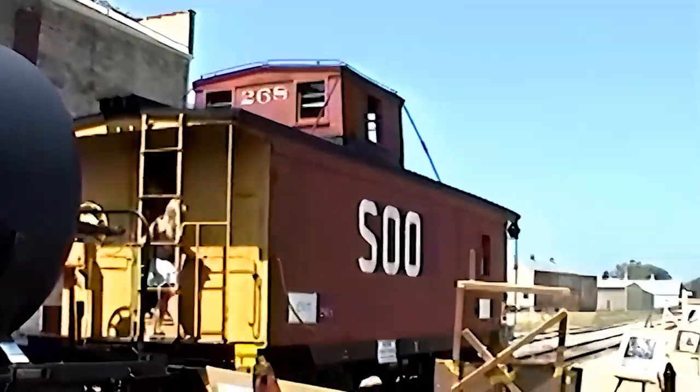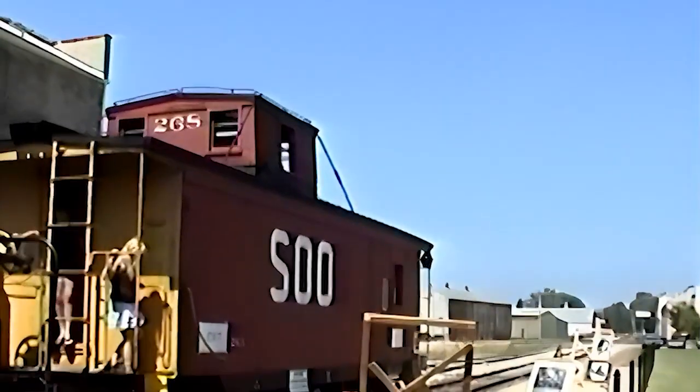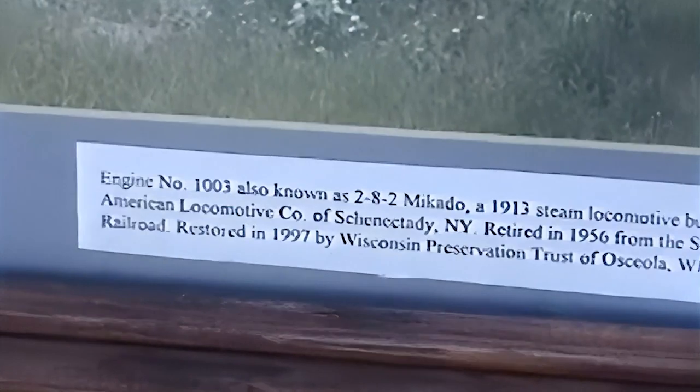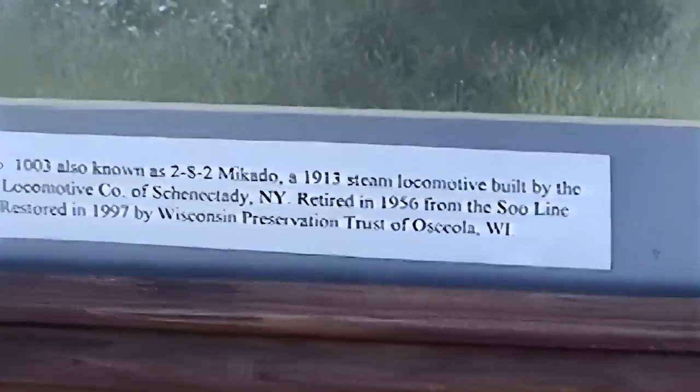Caboose. Well, you see these old photographs of locomotive engineers along in the earliest days, but then they got to